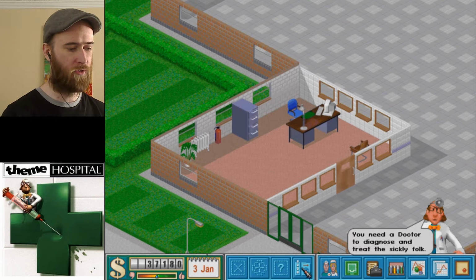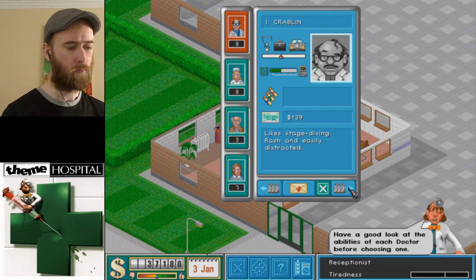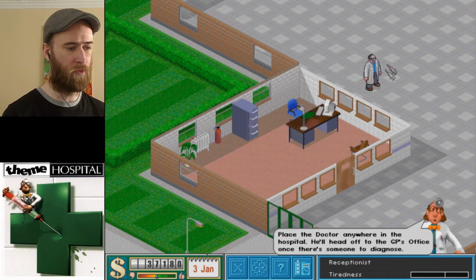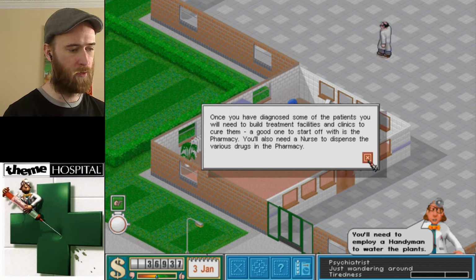So next we're going to want a doctor. Don't talk over me. So who do we want? Whoever has the most money, again. We will buy this guy, but we're going to want a psych doctor for the psych ward. We'll just have him off to the side. And so I'm going to buy him another...